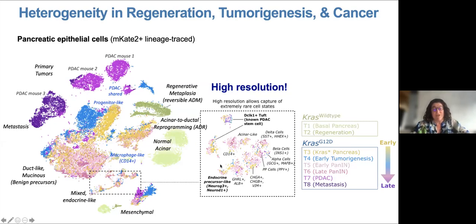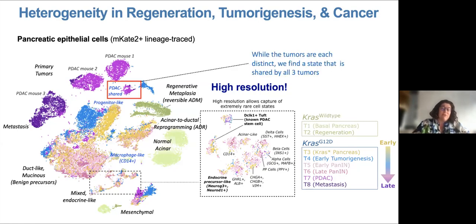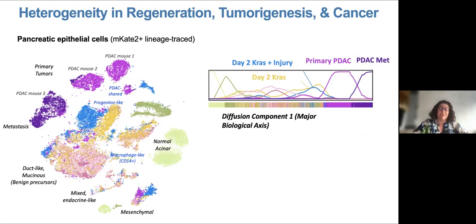Now, because we have such an overlap in the normal cells, we know that this is not an artifact. And in fact, we do have a small shared state where each of the 3 tumors share this one phenotype. So again, stressing that this is not artifact. But we really wanted to understand the epithelial cells, and we wanted to understand the oncogenic epithelial cells.